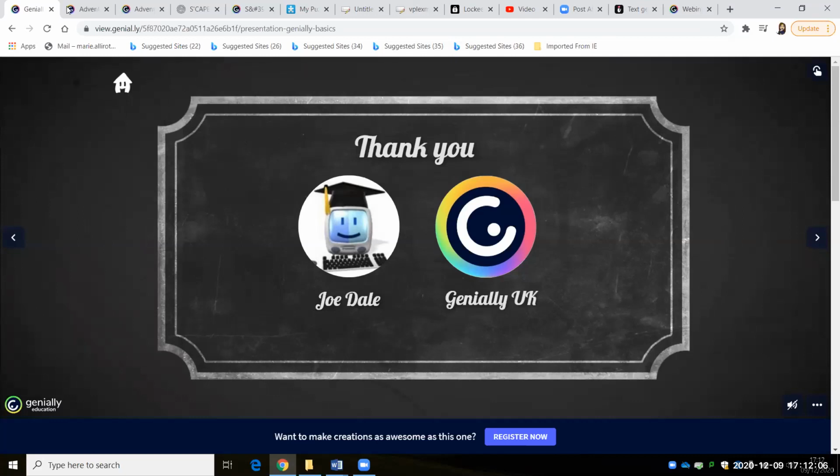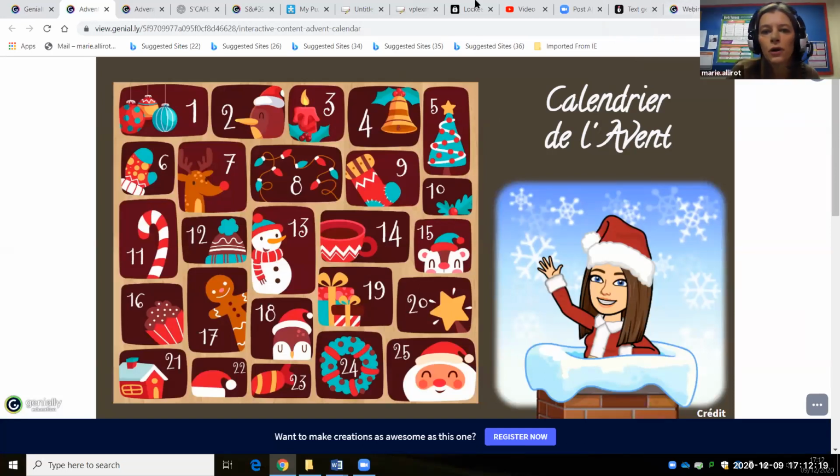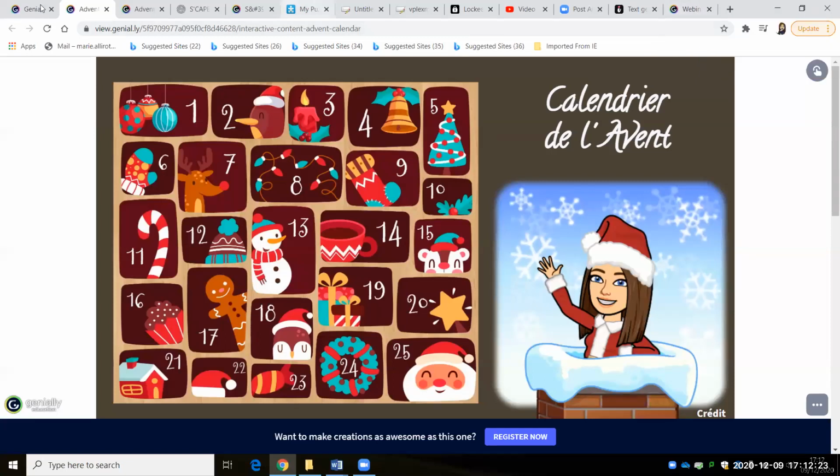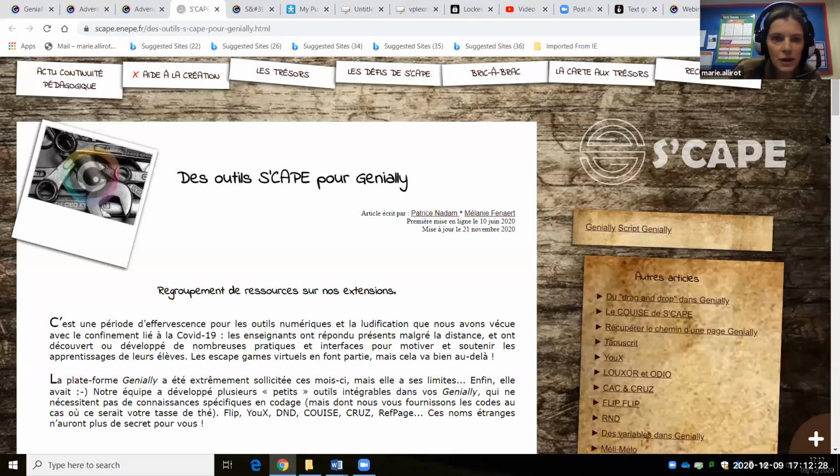That's fine. But if you use the Scape tool plugins and then make your Genially reusable, does it copy across the Scape tools plugins? Yes, but if you want the Scape tools, you need to go on the Scape website. Am I still sharing? Yes, you are.